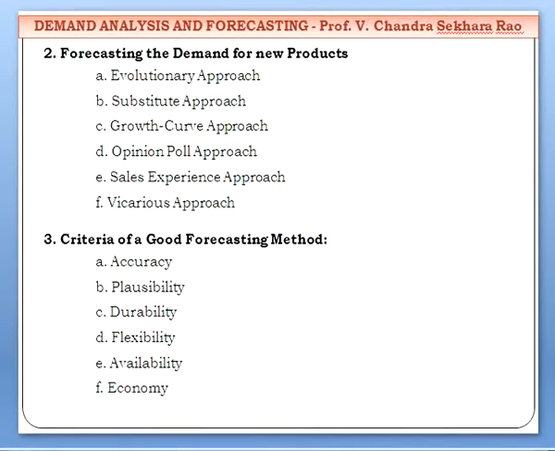The first one is called evolutionary approach. That means, imagine black and white TV is widely used, and you want to estimate the demand for color TV. So the color TV demand starts where black and white TV ends. You take this as the evolution. So you can see the growth of black and white and where it stopped, and from there you imagine that demand for color TV starts.